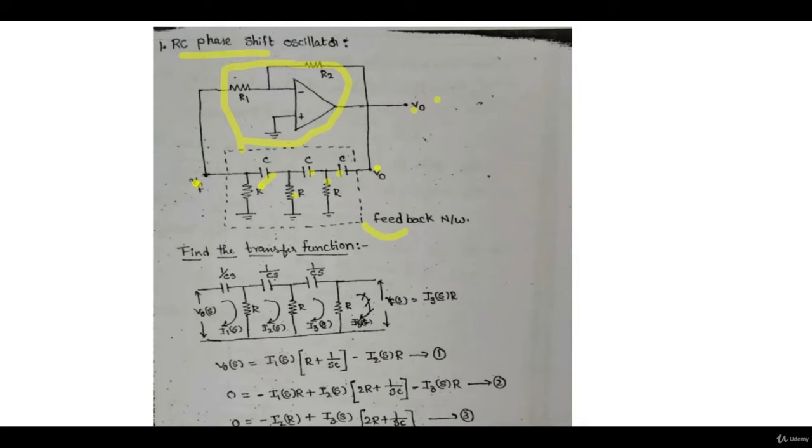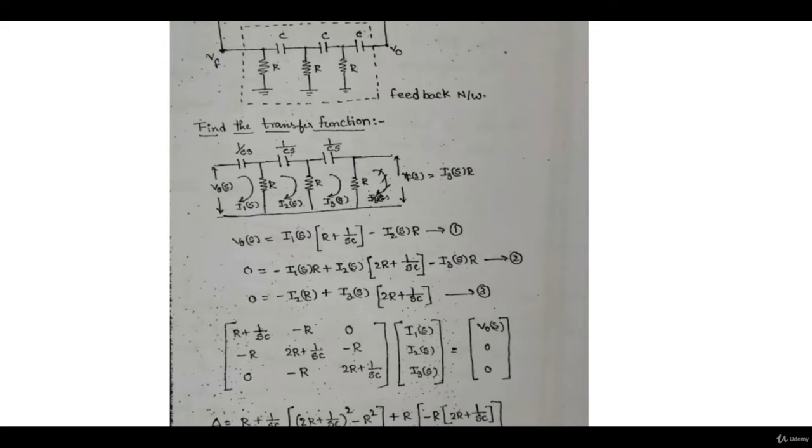We will calculate the beta real and beta imaginary you will get, and from there you can see how things will be calculated in oscillators. Okay, everything will be clear. So the first step, every time you see an oscillator, is to calculate the value of beta, that is VF divided by V0. Okay, so that is the transfer function which we are calculating.